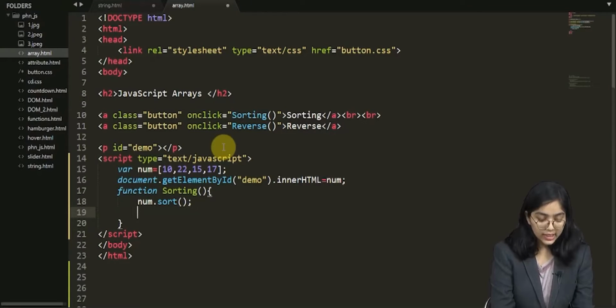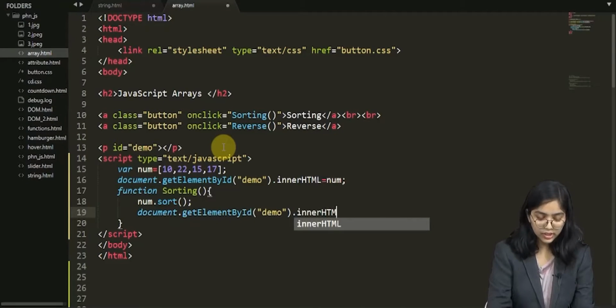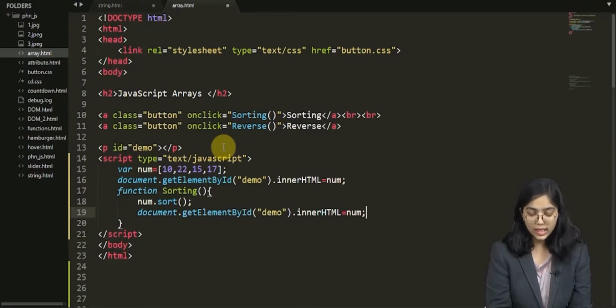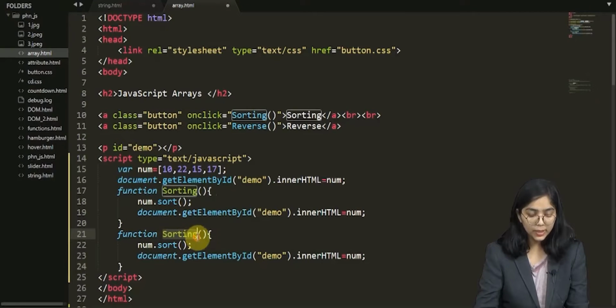So let's print it, getElementById, and here the d should be small and the s should not be there. And after that we will enter demo dot innerHTML equals to num, and in this way we will have another function, and it would be reverse.